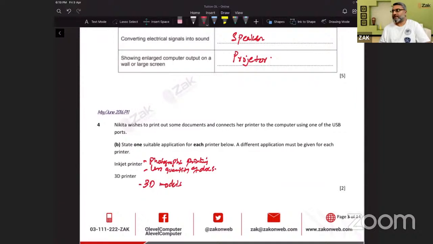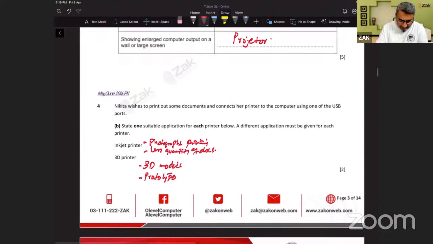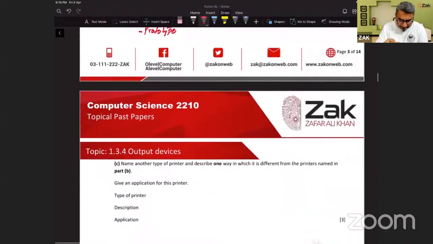और इस पे हम कह सकते हैं कि 3D मॉडल्स और प्रोटोटाइप्स भी कर सकते हैं। प्रोटोटाइप का क्या मतलब होता है, किसी भी चीज को बनाने से पहले उसका आइडिया बनाना पूरा। तो आप यहाँ पे बता देते हैं कि प्रोटोटाइप प्रिंटिंग, 3D मॉडल्स भी प्रिंट कर सकते हैं और प्रोटोटाइप मतलब किसी चीज को बनाने से पहले अगर आप दिखाना चाहें कि ये बन के ऐसी नजर आएगी, उसको हम प्रोटोटाइप कहते हैं।